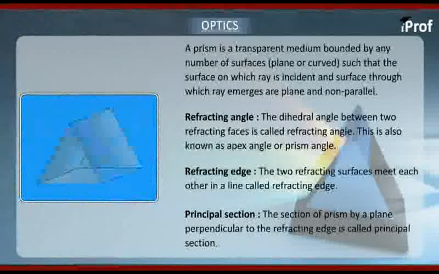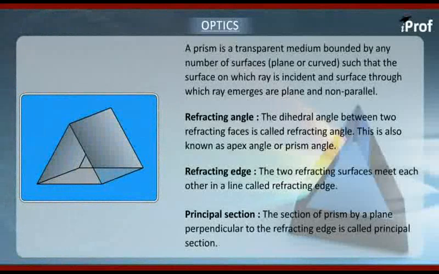Now we are going to deal in detail with a triangular prism. Questions are mainly asked from this kind of prism, which is available in school laboratories and which we see very commonly and which we deal with in most situations. So let's understand what this triangular prism is all about. Now a triangular prism is basically a transparent solid